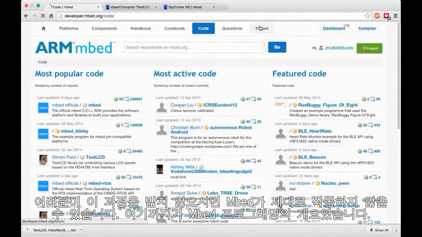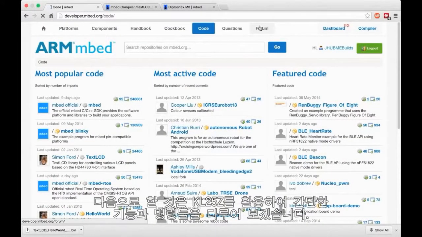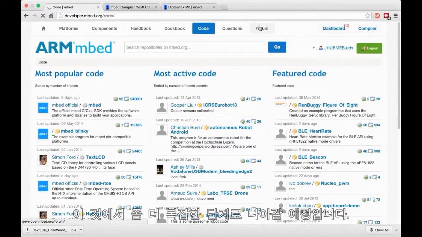So that's pretty much a general overview of MBED. In the next tutorials, we'll teach you how to program the KL25Z to do some basic functionality and commands, and then we'll move further from there on to more complex